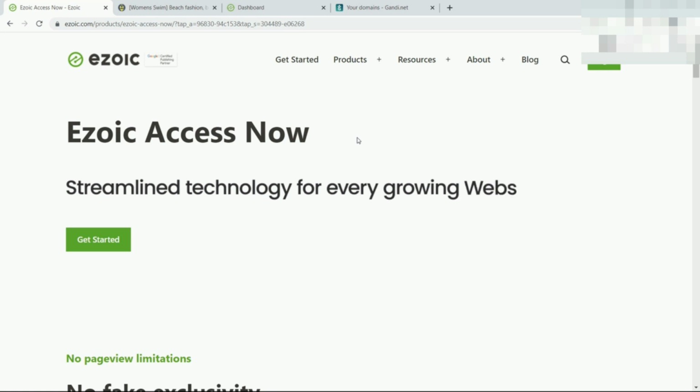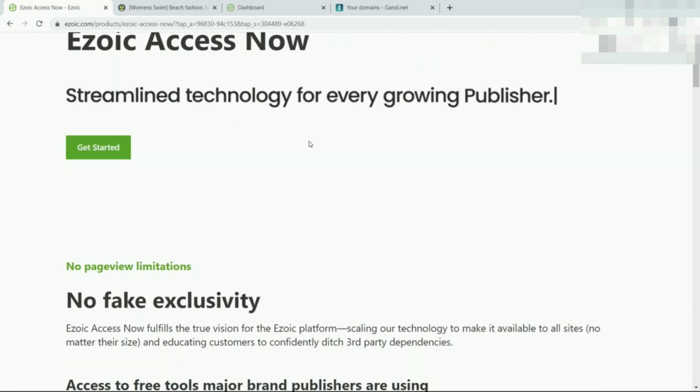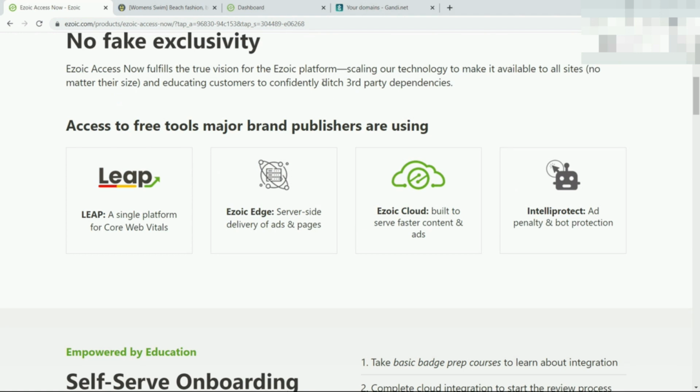This video shows how to integrate a website with Ezoic and benefit from all their technologies. Technology is now accessible to everyone, because before, Ezoic used to have a page view limit of 10,000 minimum page views per month to be able to submit your website and join. But now with their new program, Ezoic Access Now, it is accessible to any publisher. So any publisher can submit its website and get access to all their tools, such as Leap, their new product